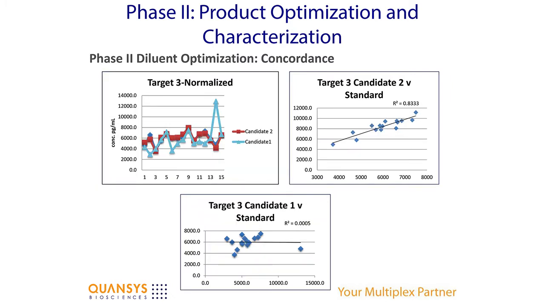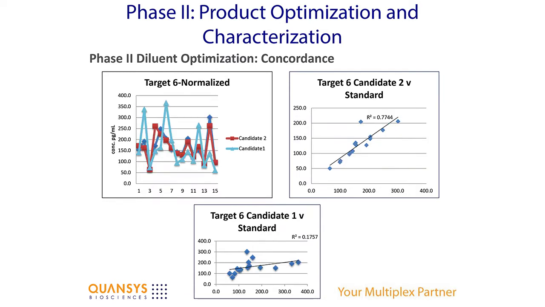And then we start seeing some differences for target 3 here. You can see that they no longer trend with each other, always. And you can see that we get good concordance again with candidate 2, whereas with candidate 1, that's not a very good graph. Again, we see the same thing with candidate 6. So, not to bore you with that,